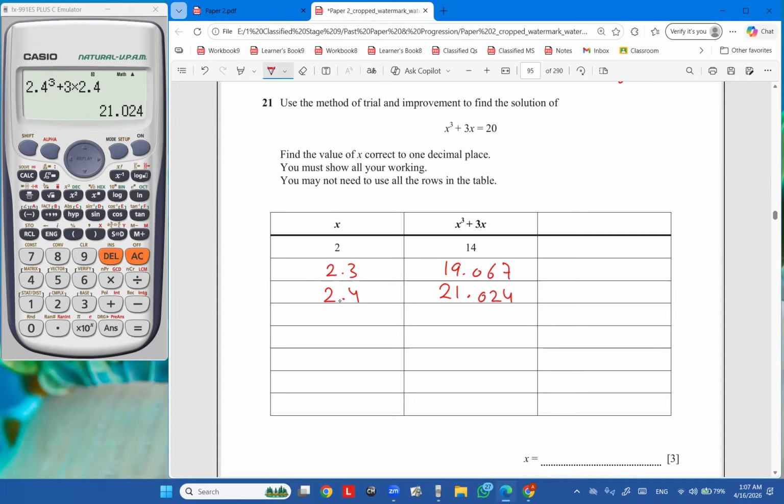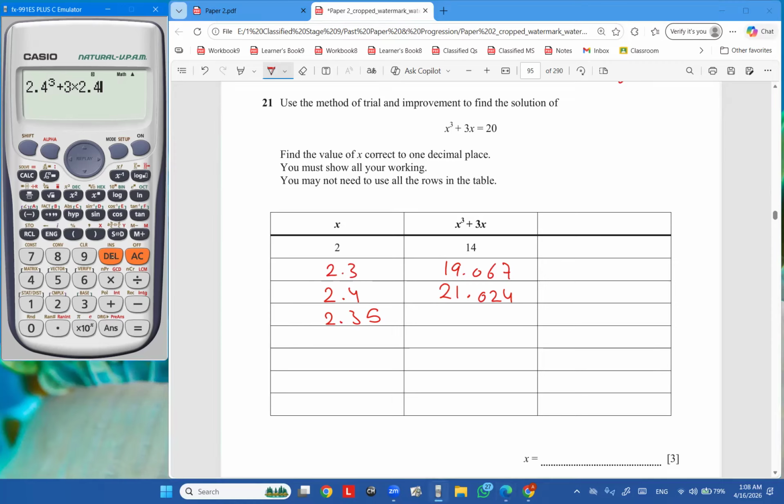So I know that it is something in between. Let's try 2.35. I'm going to remove this and write 2.35 instead of 2.4. 2.35 cubed plus 3 times 2.35 equals, whoa, okay,